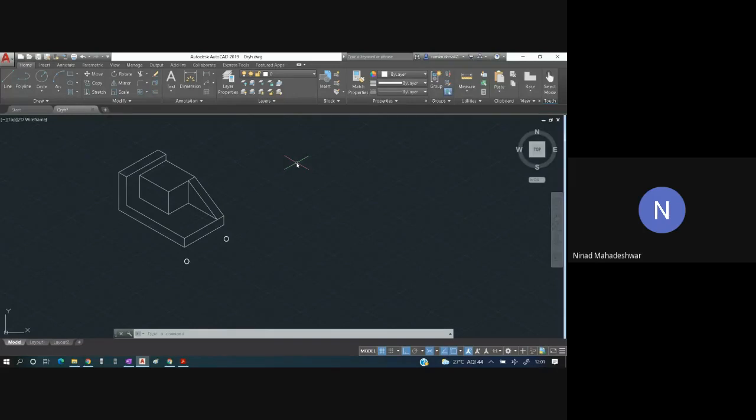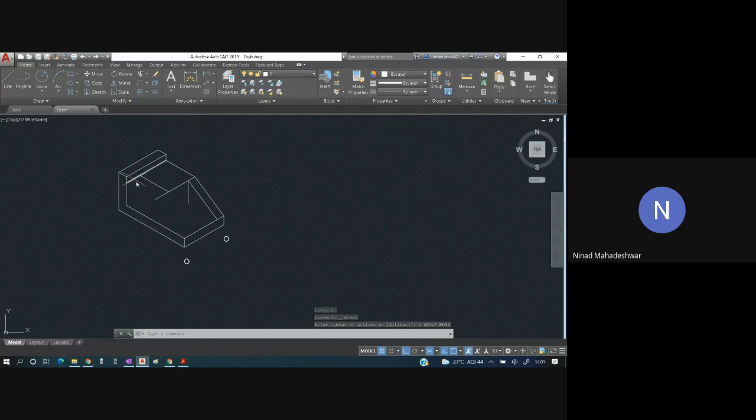What I'll do is I'll just do Control Z. We'll revise this part. So this was the thing which we have seen. Now first we have to take this part inside by how many mm? 50 mm. So that has gone by 50 mm. Next, this point will go inside by how many mm? 20 mm. So this has gone inside by 20 mm.